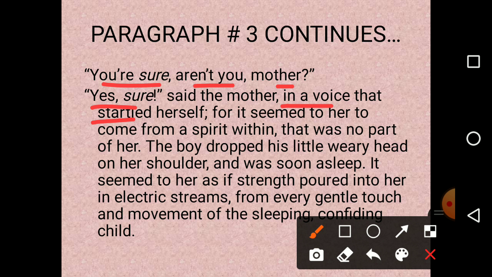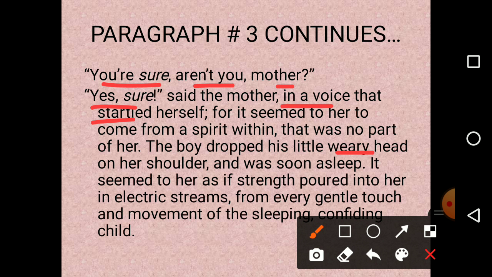For it seemed to her to come from a spirit within. She found that it is coming from somewhere inside her that was no part of her. And she was surprised that who said this? Actually, she was saying it, but she also felt that it's not my voice, it's someone else's voice. The boy dropped his little tired, weary means tired, head on her shoulder and was soon asleep because he was